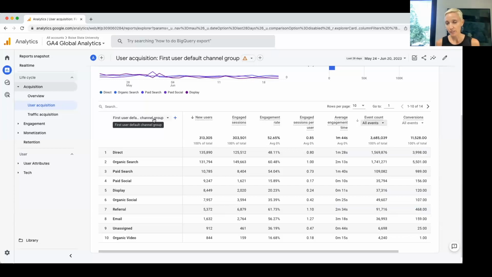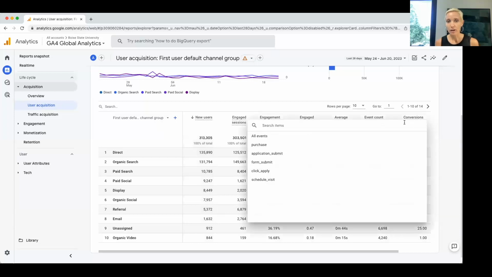So Isaac, if you don't mind just going to that drop down underneath conversions, so you can see the difference. We've isolated purchase is a default, which obviously doesn't apply to us, but application submit, form submit, apply click, and schedule a visit, which is a campus tour. Those are what we have identified as conversions for Boise State. So that would be the difference between the events and the conversions.